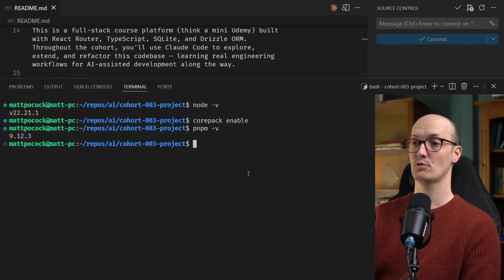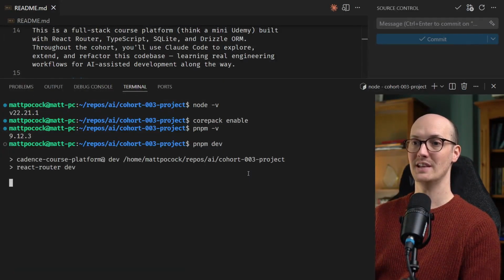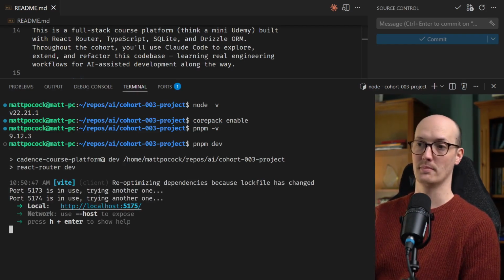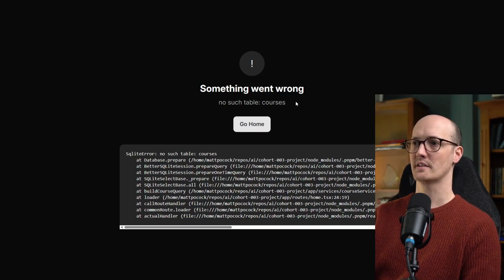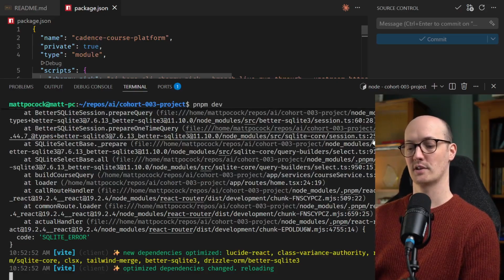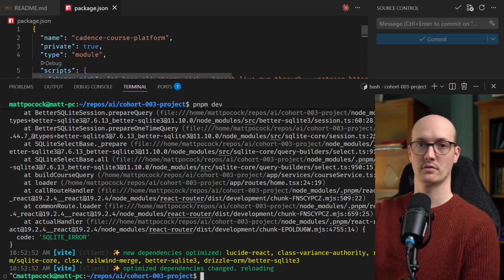Once that's done, you should be able to crack on and do pnpm dev to run the dev server. This will run a development server on localhost 5173, or in my case 5175. If I run this, I can see, oh no, something went wrong, no such table courses. The reason this is happening is I've not set up my database yet. So if I go back to this terminal and I press Ctrl-C, and now I can run a new command,